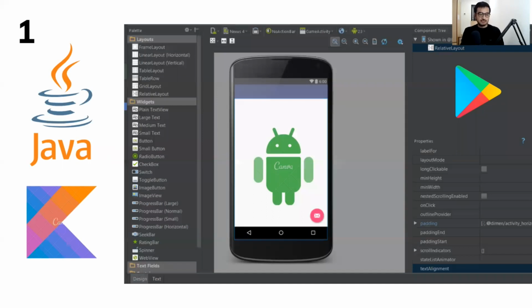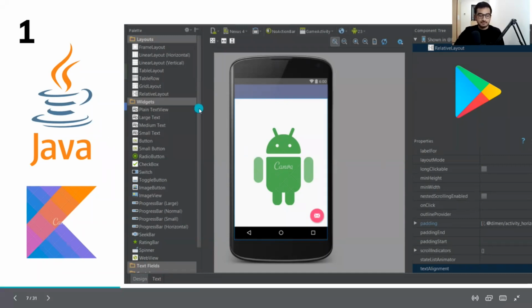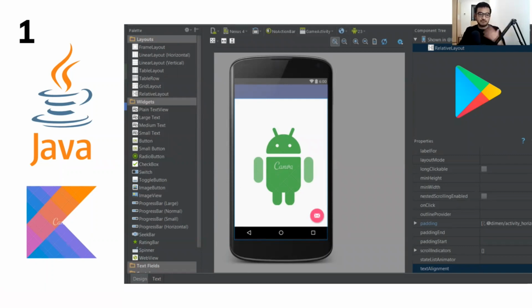And the first way of doing things is mostly Android development. When I initially started, Java and Kotlin were really big. If you wanted to build Android applications, the way to go was to download Android Studio, then drag and drop certain elements. It's really easy. There are a lot of elements available. If you want to add a text view, or a button, maybe you can drag and drop it on screen.